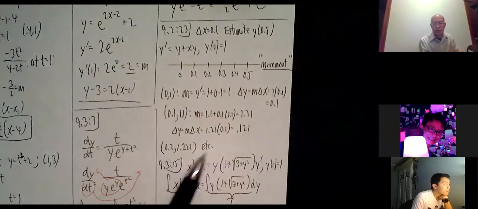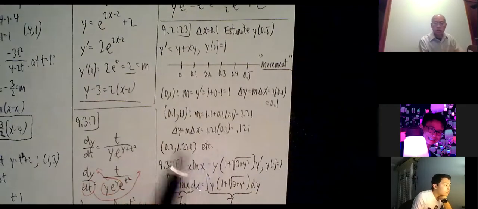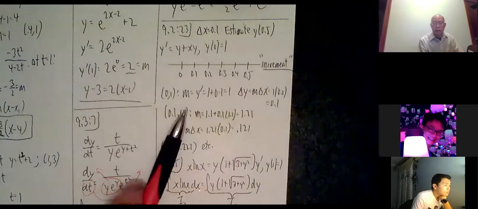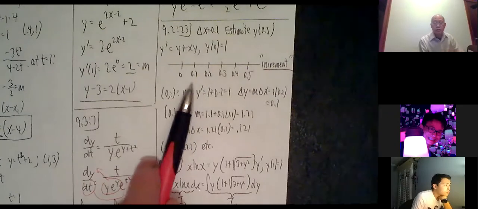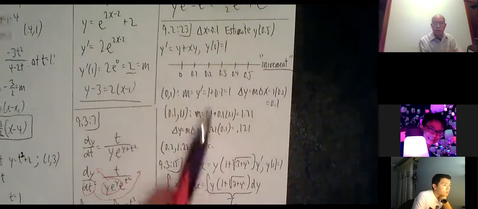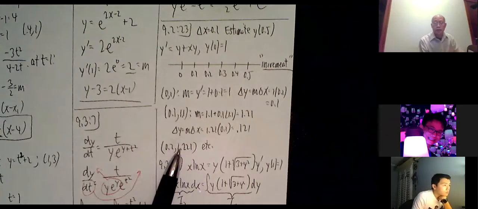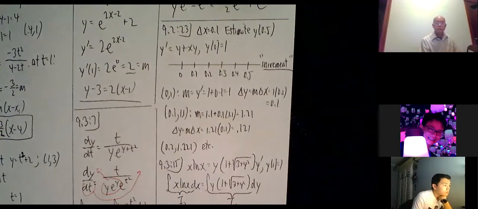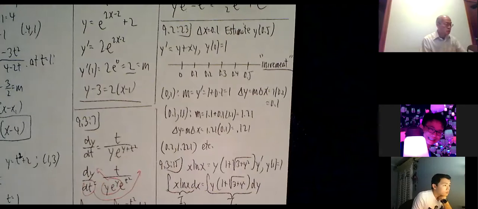Okay, and then I'll just say etc. I did 2 of the iterations. Just keep doing the same thing. Find the new slope, get my new delta y. Get a new point, get a new slope by plugging into the differential equation, right? And then get a new y value and just keep going. All right, so that's about it. And now I'm ready to start